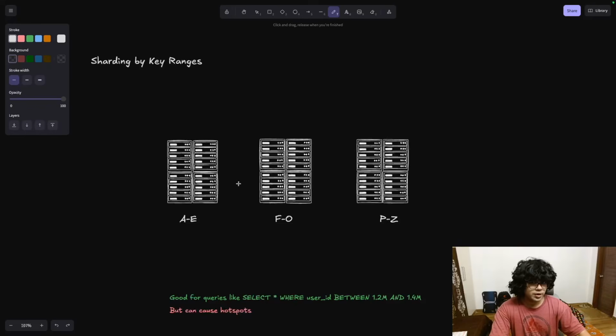Now this is good, but it also has some downfalls. Let's talk about what's good in this, okay? When you shard by ranges, that actually speeds up the range queries that you have. So let's say that these were sharded based on some sort of number, roll number or whatever. You could easily run a query like this: select star where user ID between 1.2 and 1.4. You would know instantly where these users live before you even ran the query. You don't even have to go to all the shards to see where the users are.